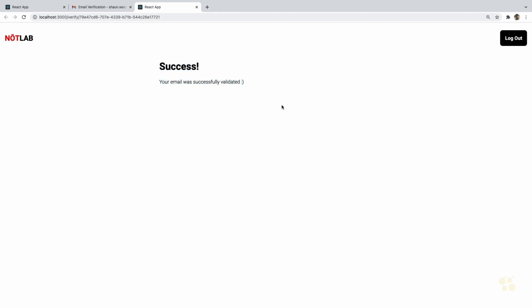The next thing we're going to want to do, of course, is actually protect all of our routes and the rest of our application so that the user can't actually log in before they're verified. I'll talk about that more later, but for now, I hope this has been informative,